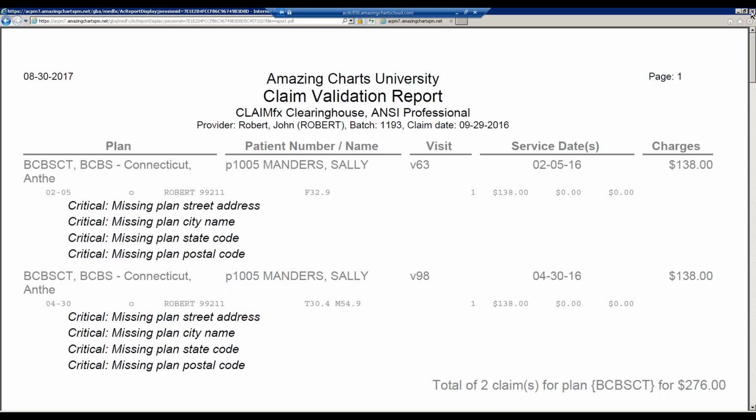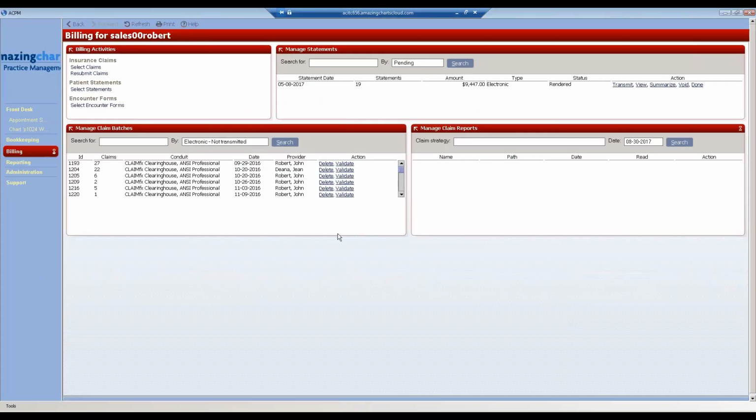And then once you send those claims out of Amazing Charts Practice Management, you can go into the Clearinghouse portal and see your claims batch that got scrubbed from within there. So the second place where you're going to get that scrubber is going to be right within the Clearinghouse. And all of our practices have direct login access to our Clearinghouse portal to view and work their claim batches